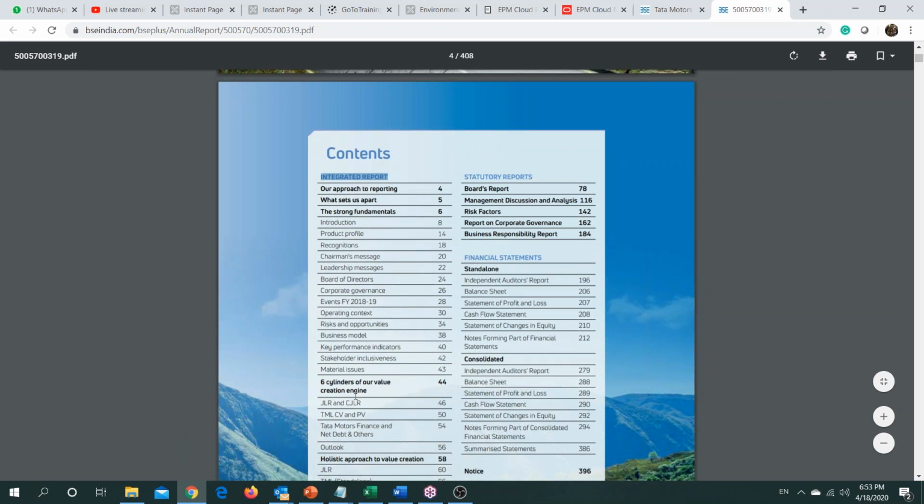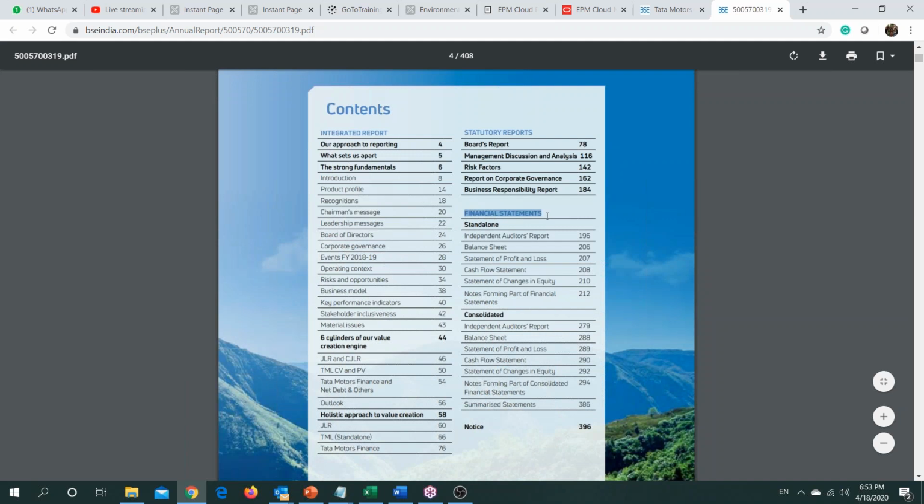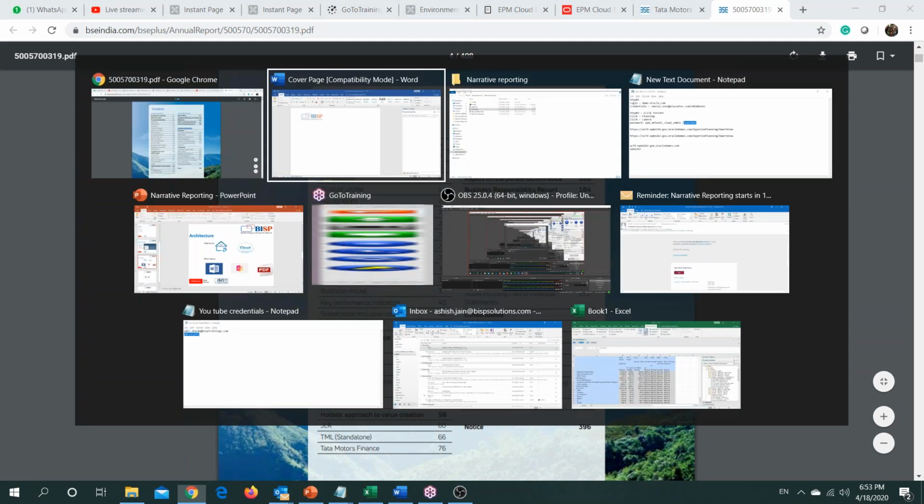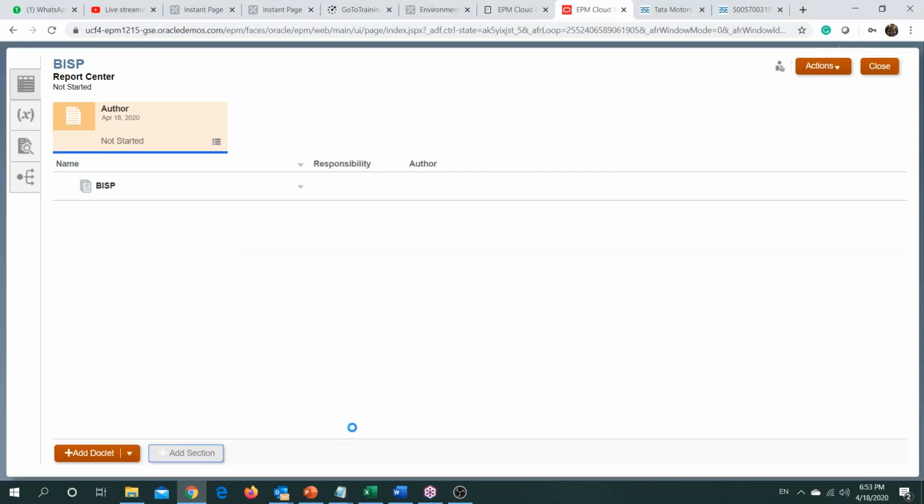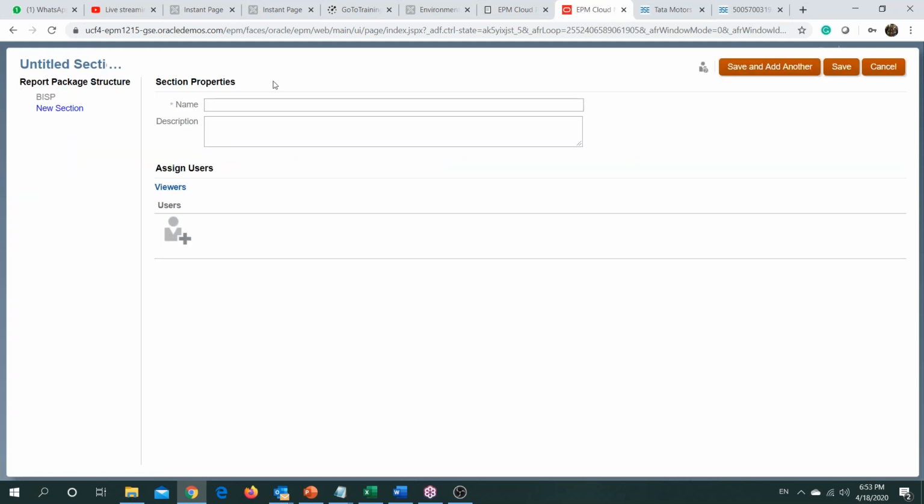You have your statutory reports, you have your financial statement. Such kinds of sections could be built, and it provides you with a bifurcation of all your sections. So let's say I have a section named cover page. Okay, let's save it.